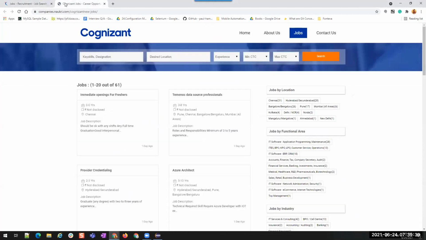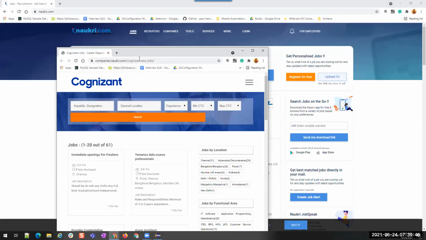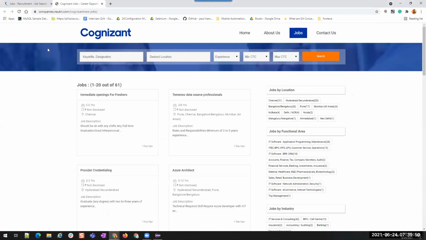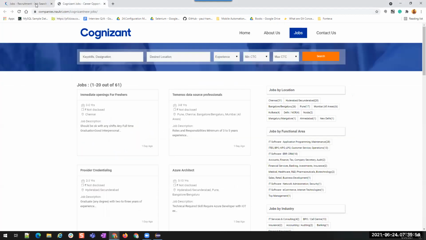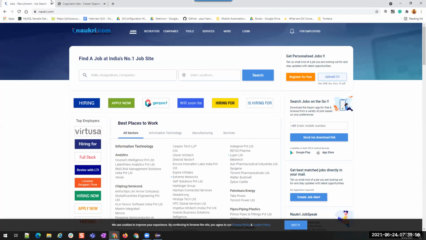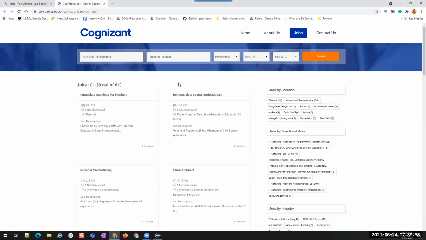Now here also these are two separate windows. Whether it is like this or like this, both are separate windows only, right? This is a window and this is a window. If you want to move your control from this page to this page, we have to follow the same process. Understood?